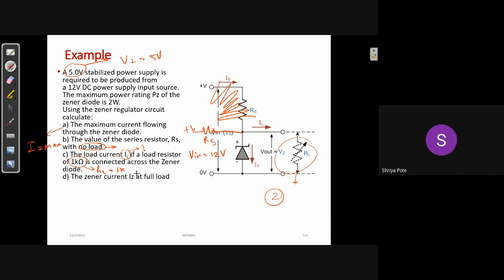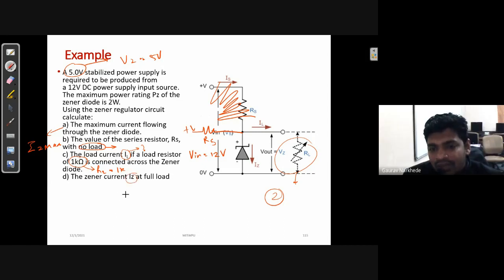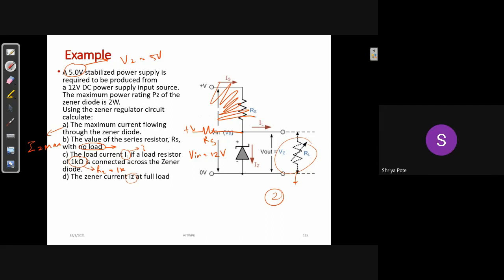And finally IZ at full load find out करना है, right. You need to find when it is full load means what, when RL is equal to 1 kilo ohms we will calculate the value of IZ. Any problem in this, समझ में आ रहा है? सिंपल है।